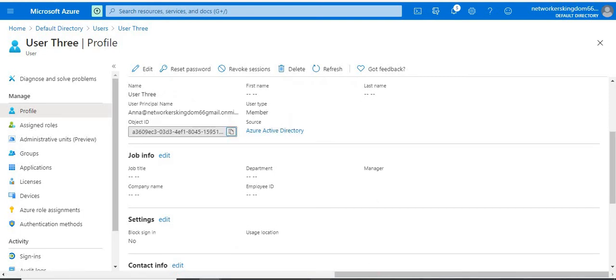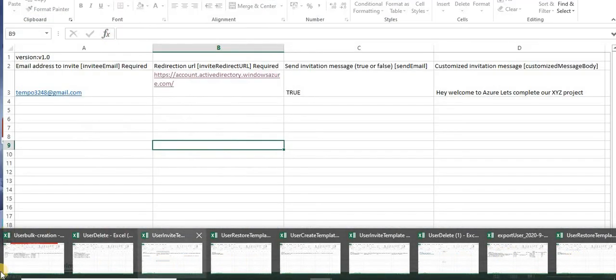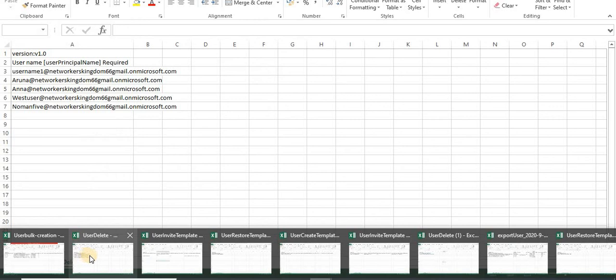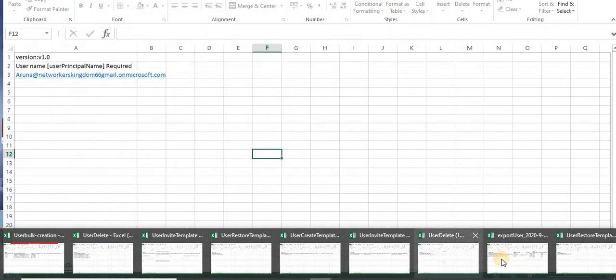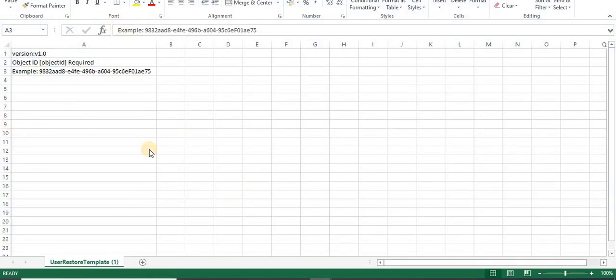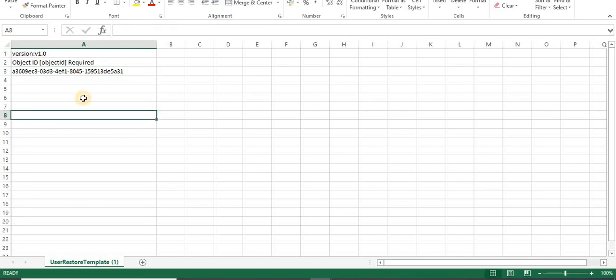Copy, go back to your file, user bulk, user delete. What was the name? User restore. Okay, so let's delete it. This is the example actually. Paste it. So I have pasted the object ID. Save it in CSV format and the file name is user restore template 1.